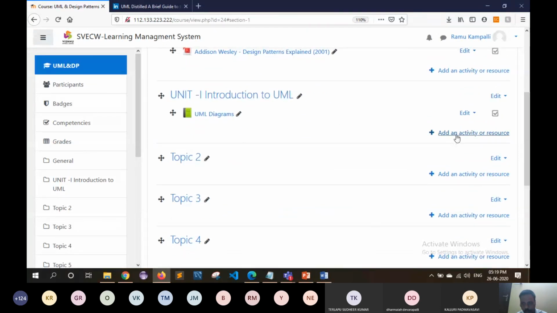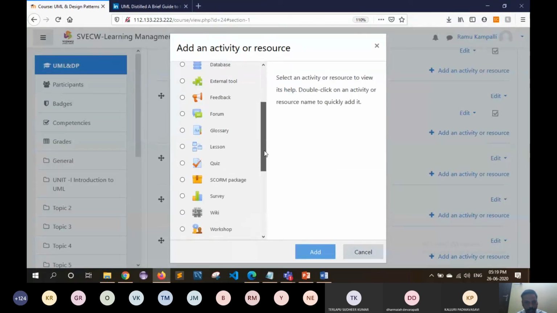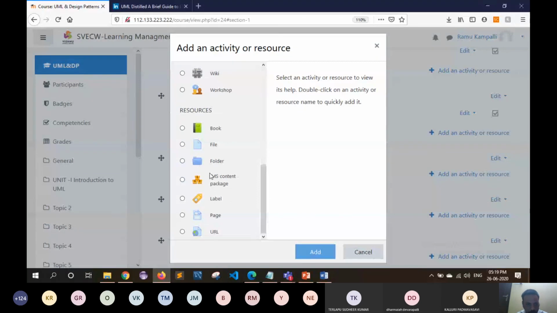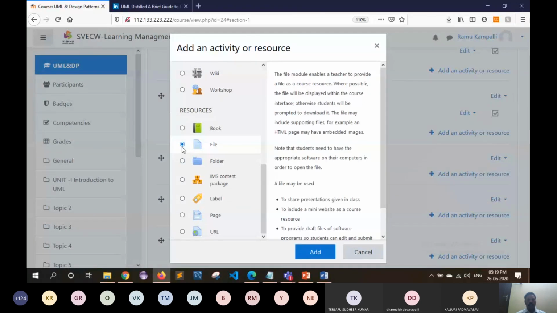And here I'm adding another activity, another resource itself. After this, suppose a file. So generally, this file might not be a PDF file again.